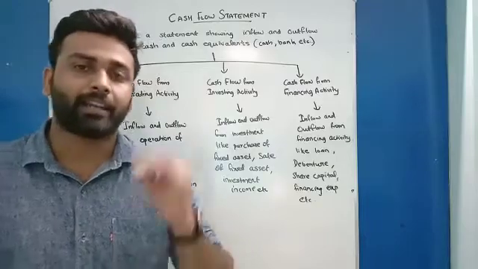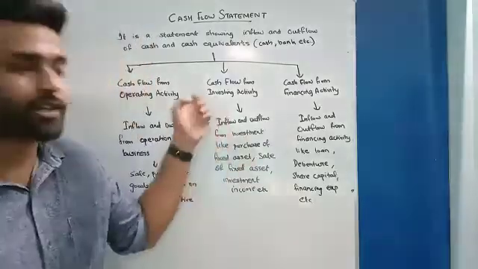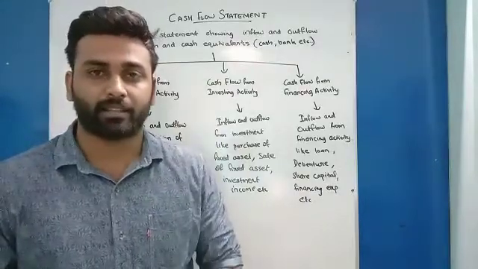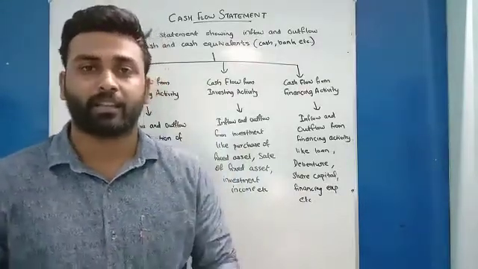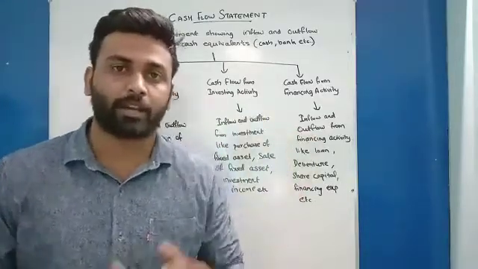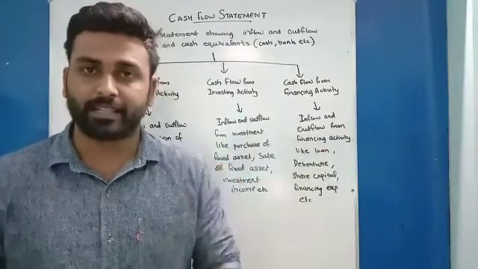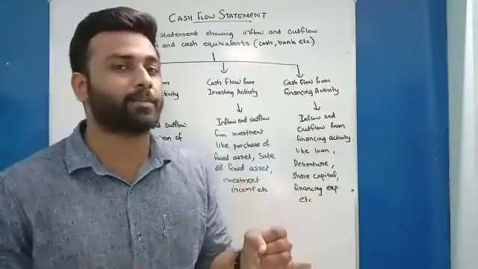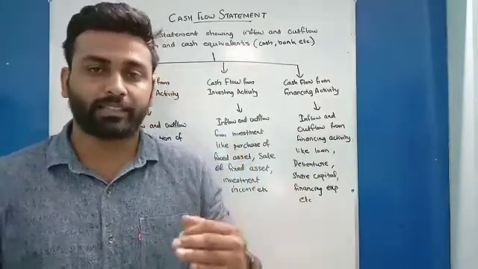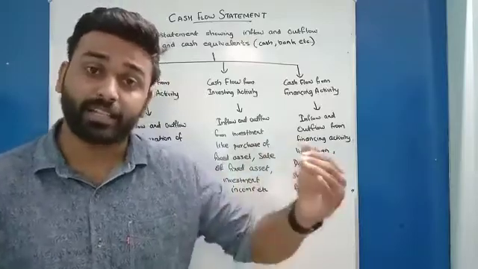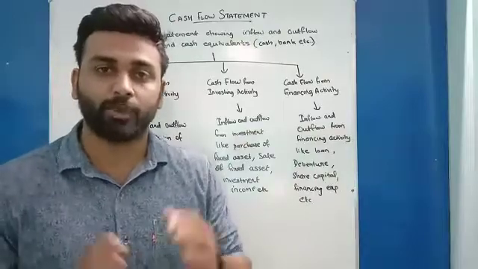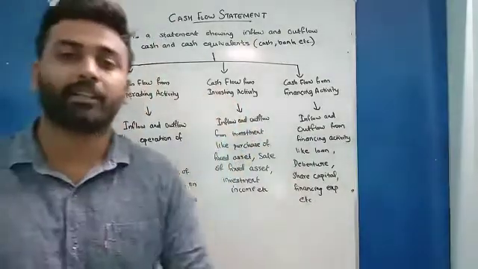Okay, then the second classification is cash flow from investing activity. Here the investment of a company means investment in the non-current assets of the company. And what are the non-current assets? Fixed assets, and it includes tangible and intangible. Then long-term investments. The cash inflow and cash outflow from or to these investments will come under cash flow from investing